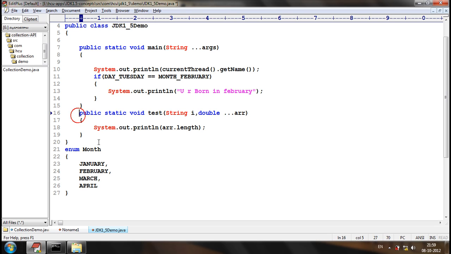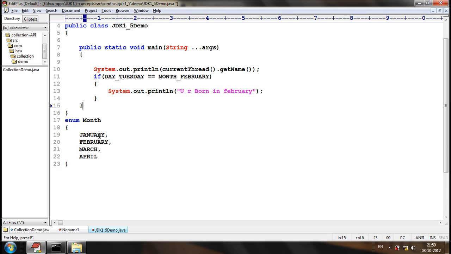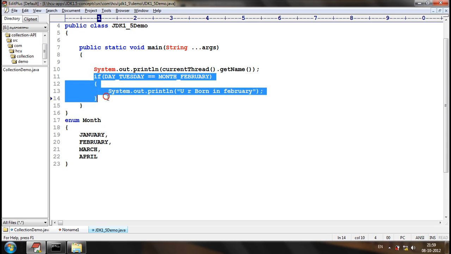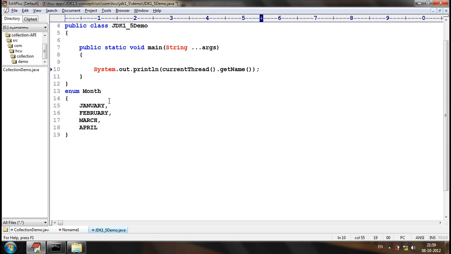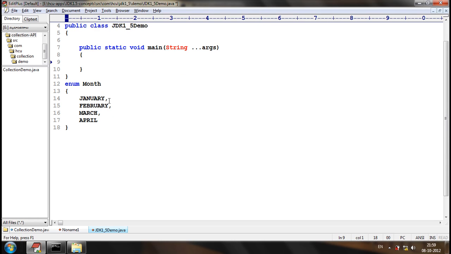Now let me remove this test method, not required. Now we have designed an enum with the enum values January, February, March and April.